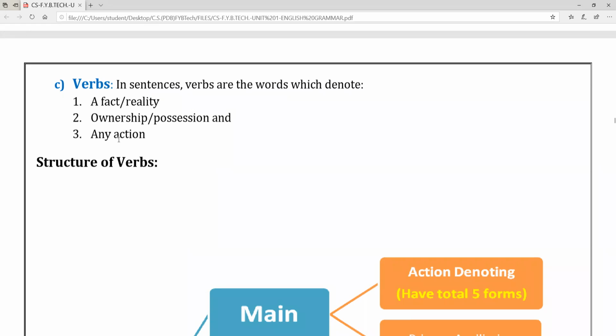Okay, but in the large sense we can define the verb as: verbs are the words which denote a fact or reality. सत्यता किंवा fact दर्शवण्यासाठी, ownership or possession एखाद्या गोष्टीची मालकी किंवा ताबा दर्शवण्यासाठी, and any action किंवा कुठलीही